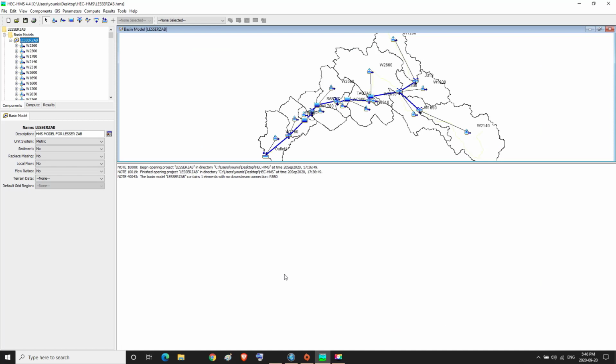In this part, we will continue conducting hydrologic modeling using the HMS program.